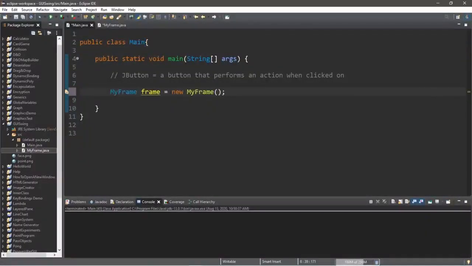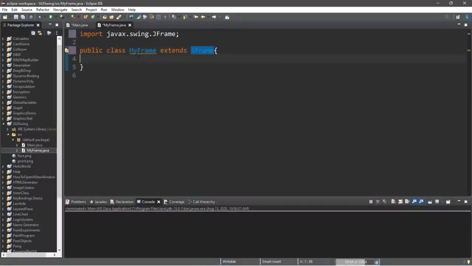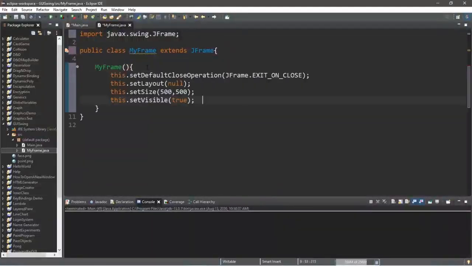And actually, we don't really need to give this a name because I don't think we're going to be doing anything else within this class. You can even just shorten that line to just new MyFrame and that'll work just fine. We're going to spend a majority of the time within this MyFrame class. So to begin, we'll need a constructor for this class. So MyFrame, and to create a frame, we say